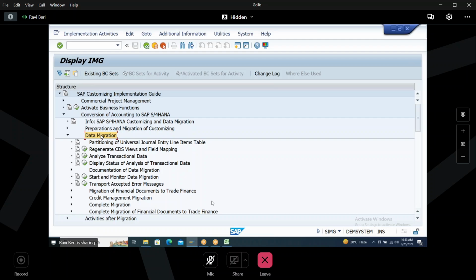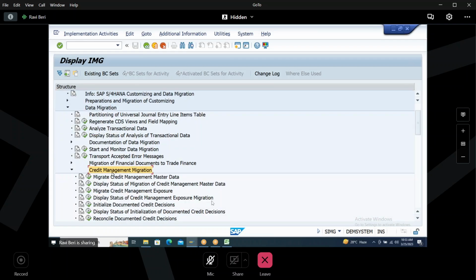See, here the main part is done by the F5 people. Only credit management migration is ours. For the remaining migration, the major role is the F5 consultant. Okay. Data migration, in that credit management migration,